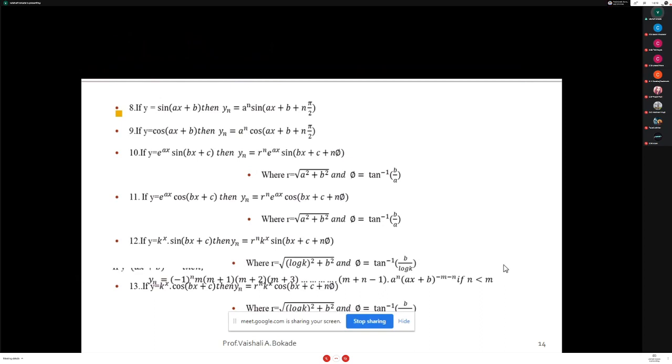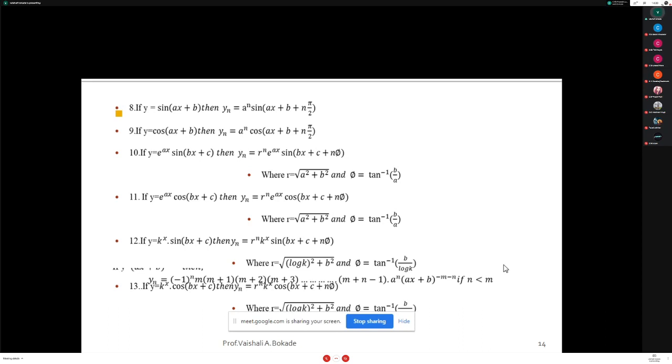Now I am repeating the same slide again. I gave you these formulae previously, but I am repeating the slide because now I have to go for trigonometric terms. Till now I was explaining functions y in numerator upon denominator form, where numerator and denominator contain x terms, that is algebraic terms. Whenever there are algebraic terms, first check whether the degree of the numerator is less than the degree of the denominator; then only go for partial fraction, or else go for actual division and then partial fraction.